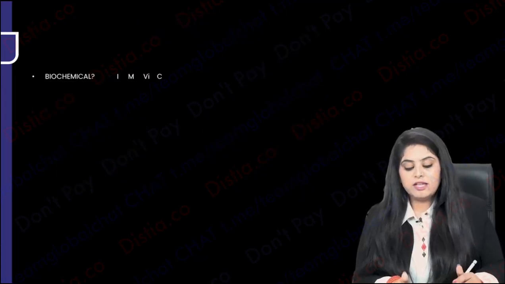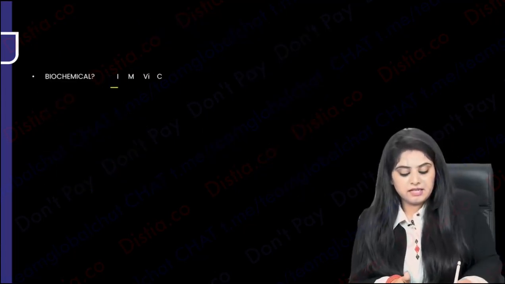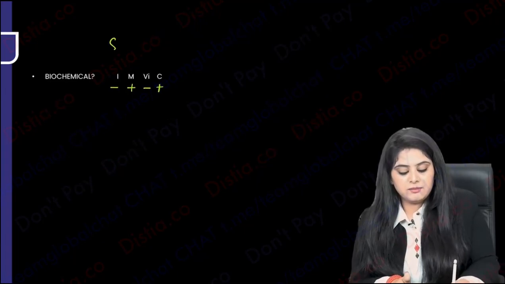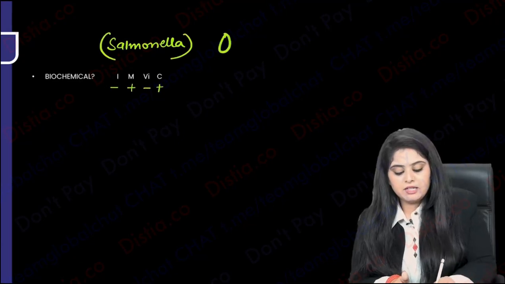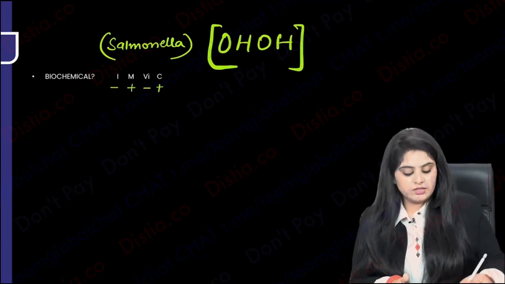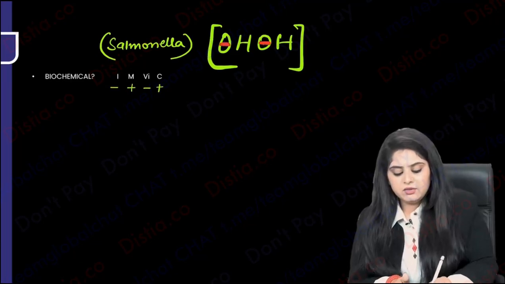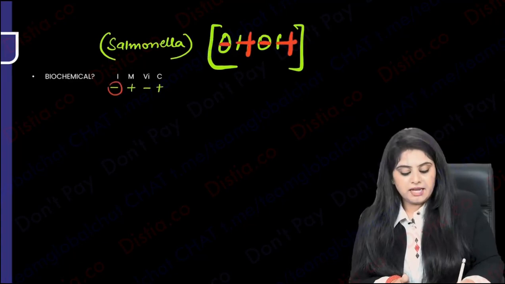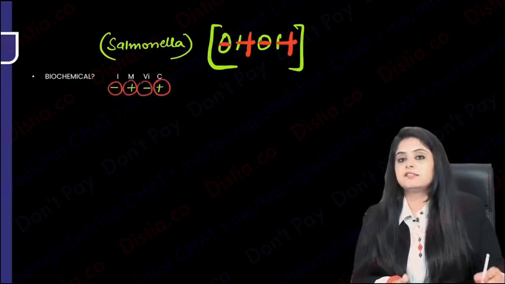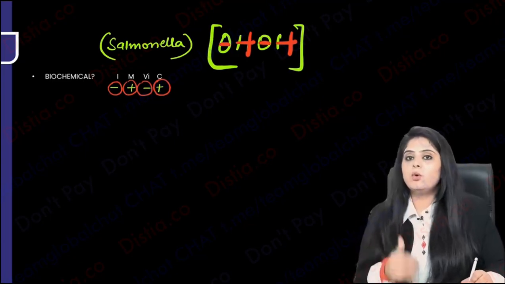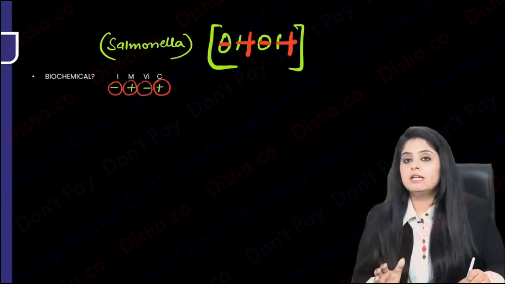Now we come to the IMViC testing. There is minus, plus, minus, plus for Salmonella. How am I going to learn this information? See, for Salmonella, I told you antigens OH. For Salmonella, we did OH. Those antibodies, IMViC is also like that. Make O negative and make H positive. So what is it? It is minus, plus, minus, plus. Minus, plus, like OH, that is going to be for Salmonella.